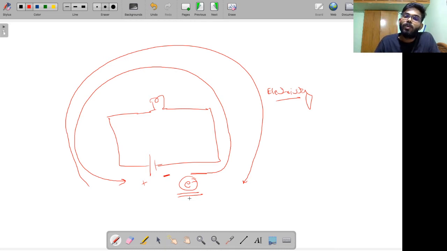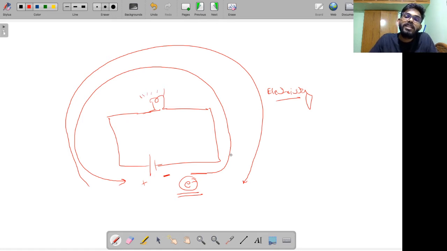You might ask me this question, why not protons? Why don't they move? Remember, protons are very heavy. In comparison to protons, electrons are very light. So it is easier for electrons to move. That's why electrons are usually mobile. The electrons are moving from the negative terminal to the positive terminal. That is the direction of the flow of electrons. But the electricity direction is opposite to the flow of electrons. So that's why when electricity flows through, you will see that the bulb is glowing.